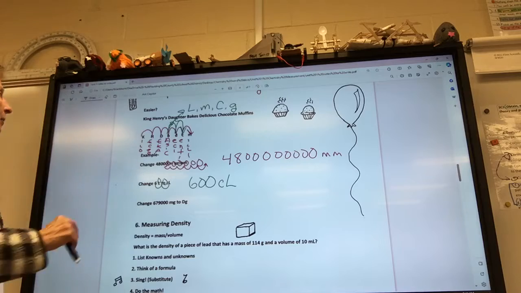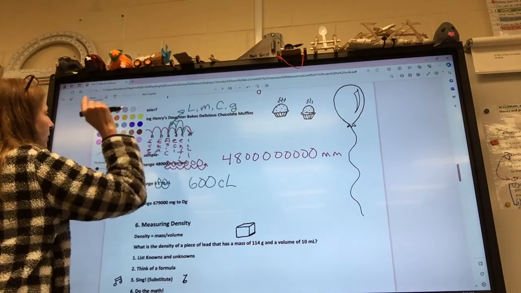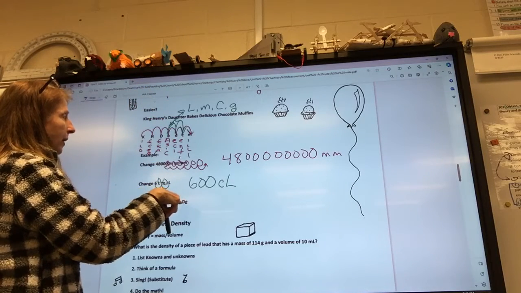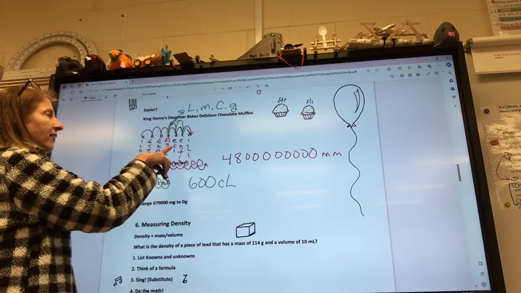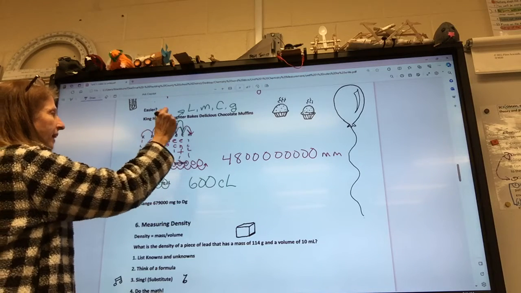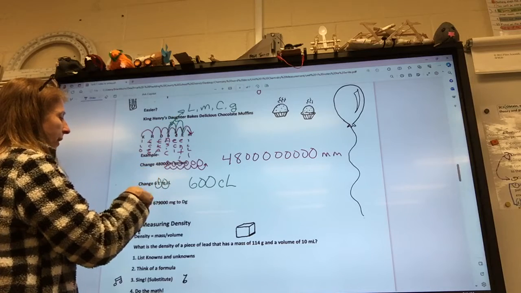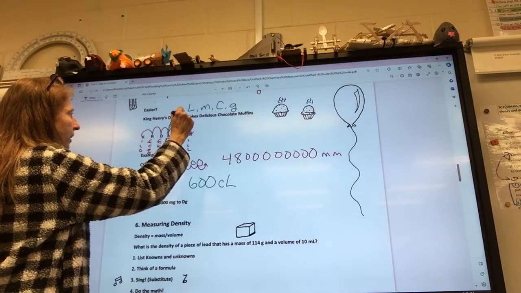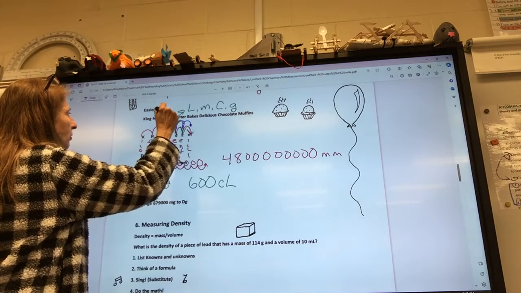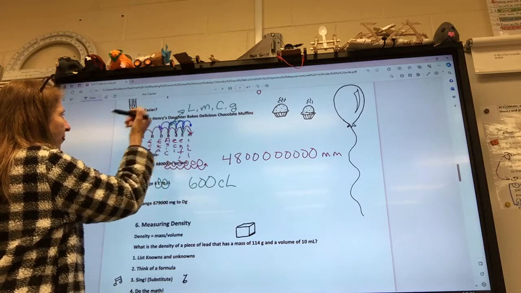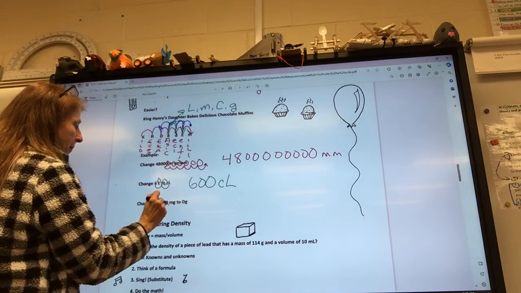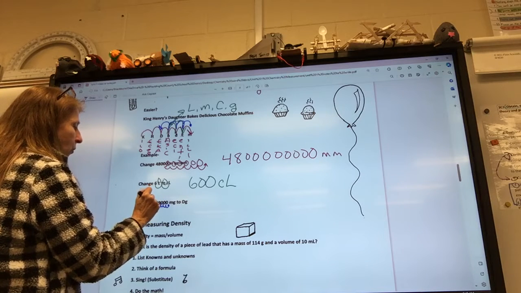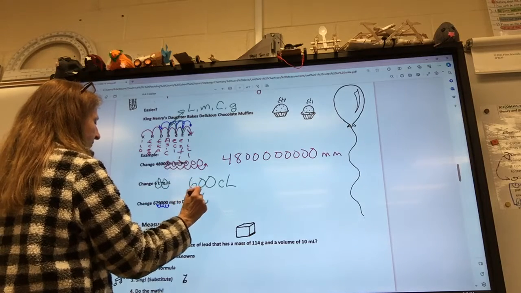Ready for another one? I'm going to change colors again. We'll go blue. This time I'm starting at milli going to deca, big D. Notice deci is little d, big D is deca. So I'm at milli going to deca. I'm starting here and going to there. 1, 2, 3, 4 hops this way. So this time I take my thing and go 4 hops this way. 1, 2, 3, 4. So the answer is